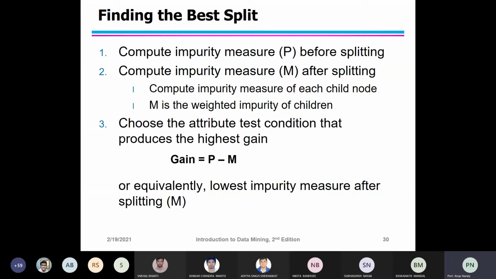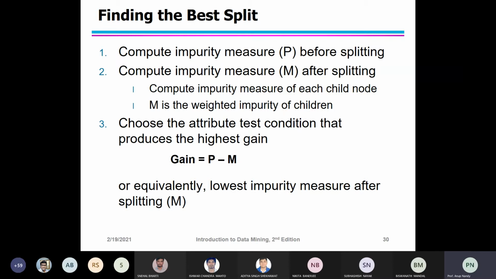Finally, suppose that instead of the Gini index, you use entropy as the impurity measure. Then the gain, P minus M, the difference in entropy, is known as the information gain, that is delta info.